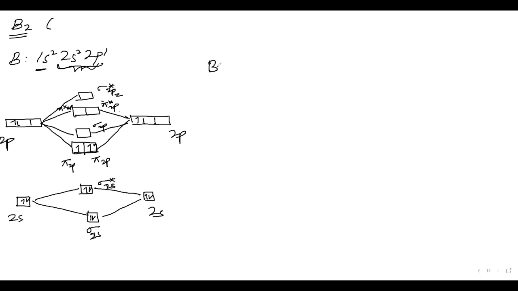Okay. Now, if I write B bond B, you tell me what is this bond? Pi or sigma? Pi bond. So this is the beauty of molecular orbital theory, and it is explained only by molecular orbital theory. If we had gone to the valence bond theory, it would have said this is a sigma bond.